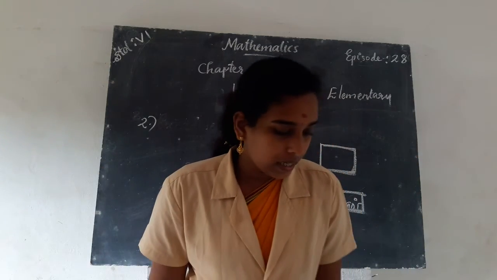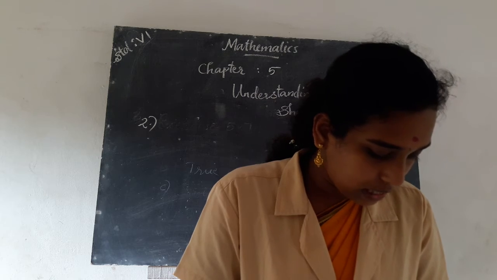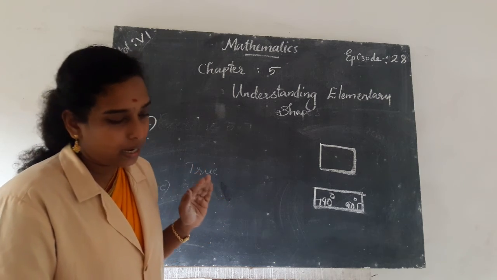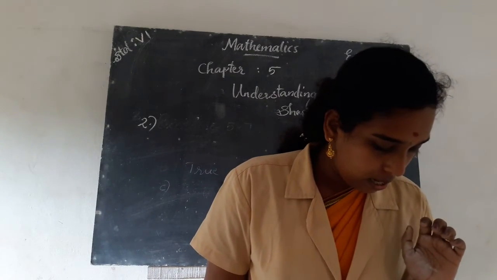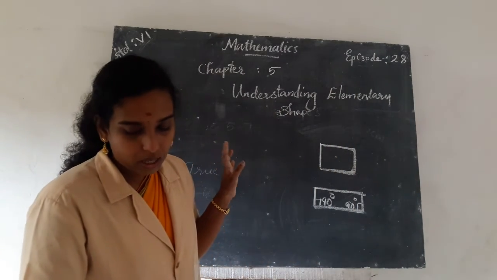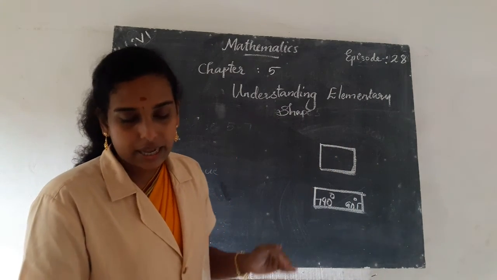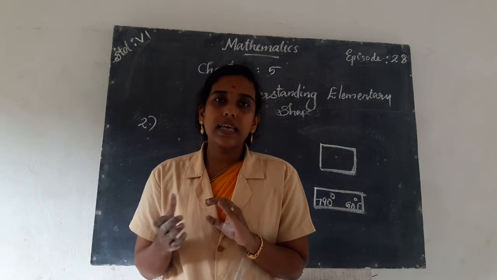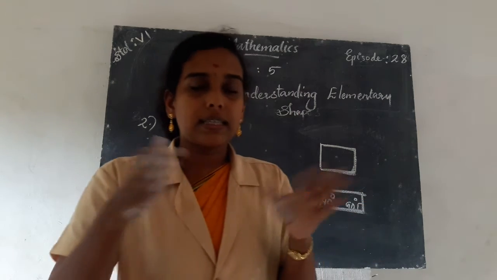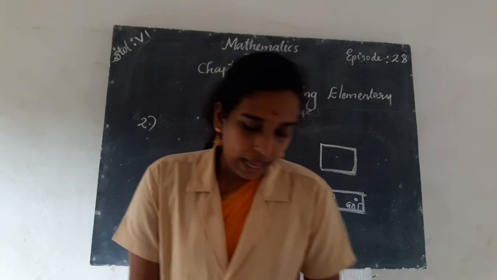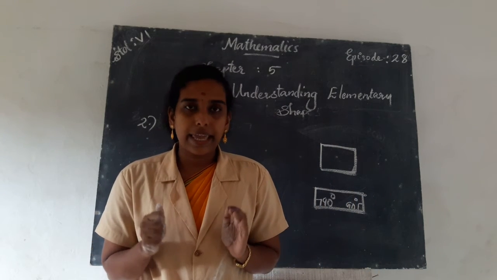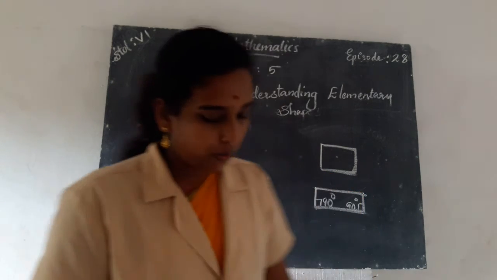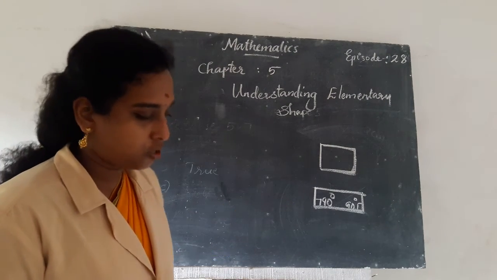The next question: a rectangle can be thought of as a special parallelogram. In a parallelogram, opposite sides are parallel. In a rectangle, the interior angles are 90 degrees, and in a parallelogram, opposite sides are parallel and equal. The interior angles of a rectangle are the same measure, 90 degrees, each a right angle. Hence, a parallelogram with each angle a right angle is a special rectangle.